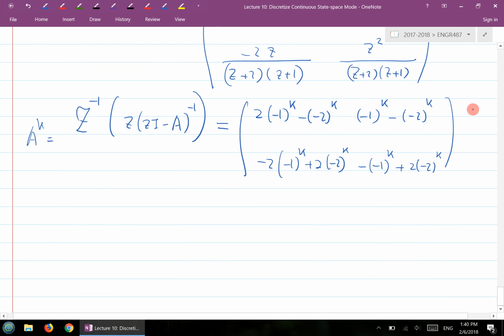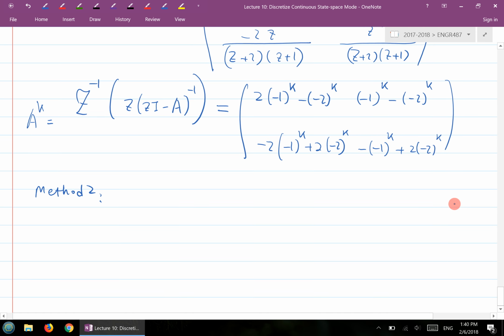Okay, so that's the example for this first method of how to get A to the power of k. The second method here is a very mathematical approach. It's basically using a linear algebra technique,